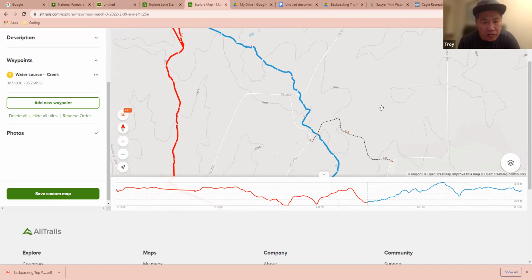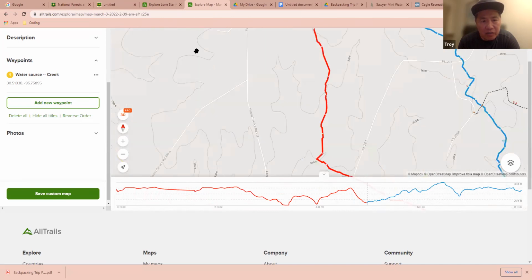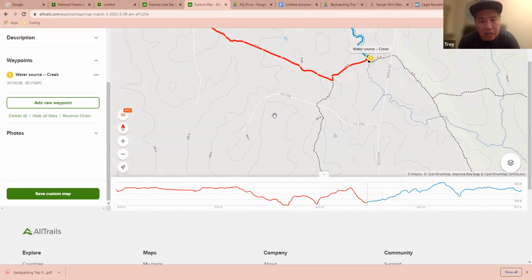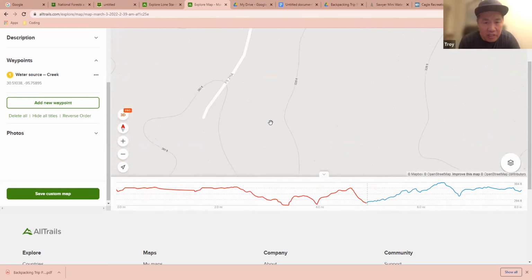And I believe that if you see 2 topo lines together, generally, let's see if you can zoom in on some of those where there's 2 of them that are kind of close together. Like these guys? Yeah, that's fine. Right there. Okay, so you see it actually has some markings on there. I think that's 328 and then 361 or something like that. So that's telling you the elevation differences there.